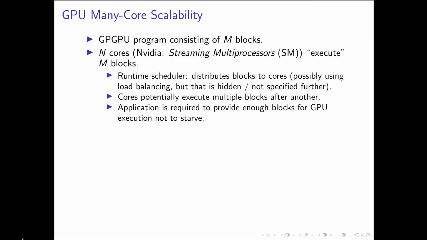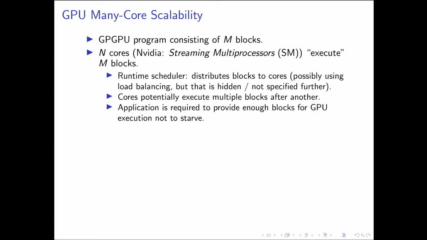And so in general, it is important that we provide enough work for the GPU scheduler so that the application doesn't starve. And at the same time, we have to make sure that blocks aren't sequentialized. And the very way that blocks are later distributed to cores, with our n cores and with our m blocks,